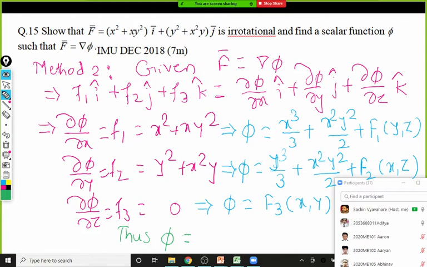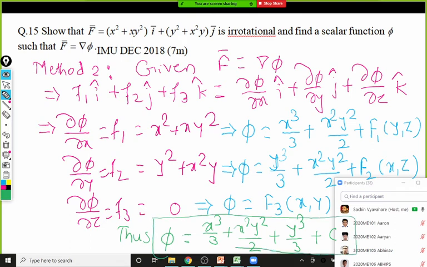Now there are two ways to write this function. One of the ways is, if you don't want to understand it and want to write it without understanding, just write all possible terms without repetition. Start with the first, x cube by 3 is there, so I have written it here. The next, x square y square by 2 is there, so I have written that. Next equation, y cube by 3 is there, that is not written anywhere, so again I will add it there. X square y square by 2 is there, but that is already taken, so no need to write it. And there is no term here, and this is your answer. You should just write plus c there, and that becomes your answer. This is one of the ways without understanding.